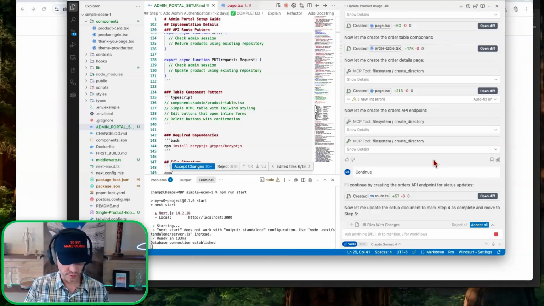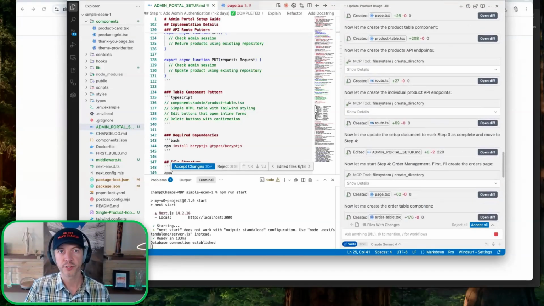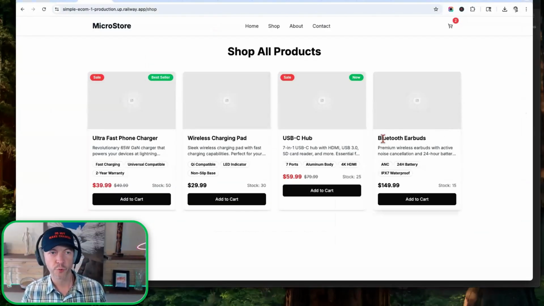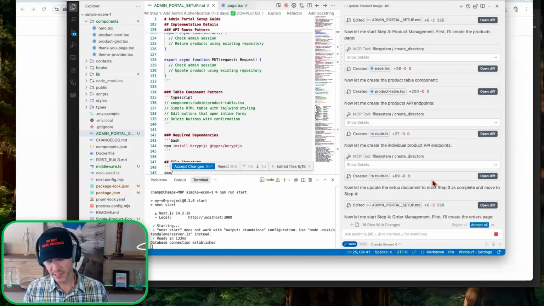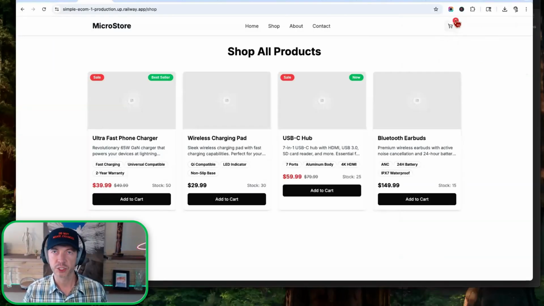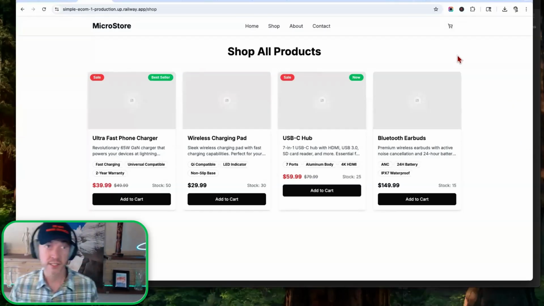If I have said this before, hopefully it's a refresher. And for those of you who haven't heard it, the reason we change new context windows when we're going through this, I'll give you an example. Let's say that I went in and wanted to work on this product image issue and I get it fixed for production, which needs to be debugged after we're done with our backend setup here. I get that fixed on production. And then I immediately in the same chat go and say, I need to know why this shopping cart icon isn't changing. Maybe it's static and the shopping cart icon isn't changing. It is in this case, but